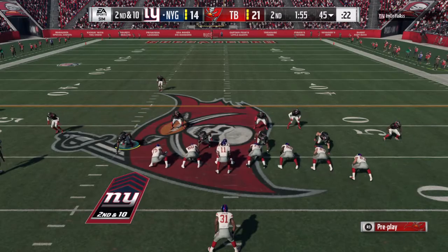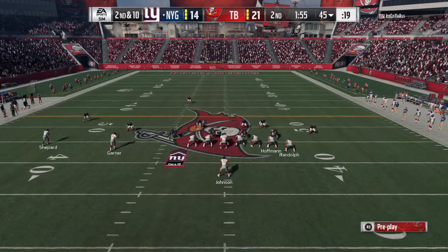Here we go now. 58, right over there. Yeah. Right, 58, right